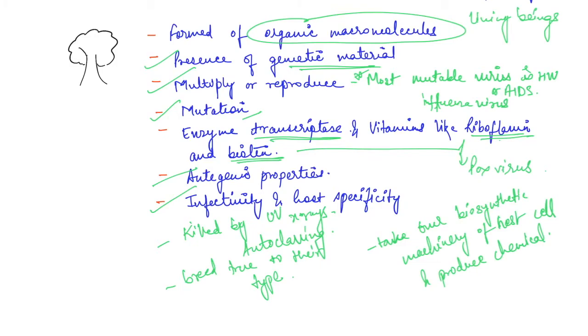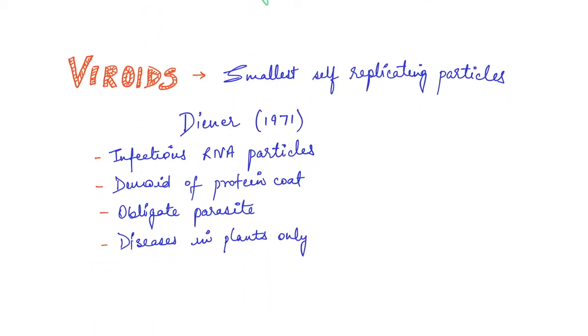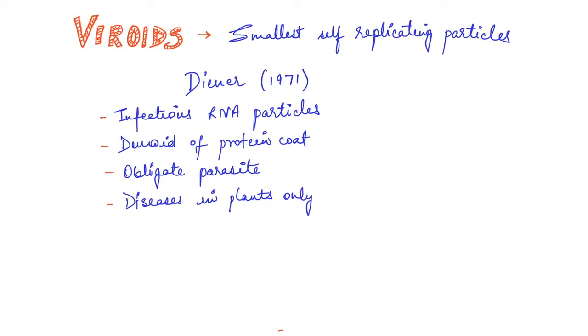Okay, so these are some of the very important properties through which we can say that a virus is similar to living beings as well. So they are unique because they can be similar to non-living things, they can be similar to living beings. Now let's move towards a very important point, or there are certain topics that are discussed when we discuss viruses, one of which is viroids. So what are these viroids? Okay, let's discuss these viroids once.